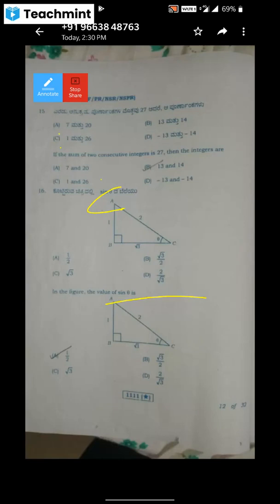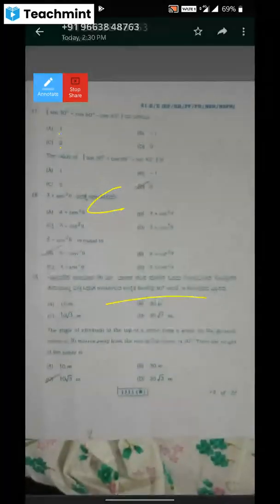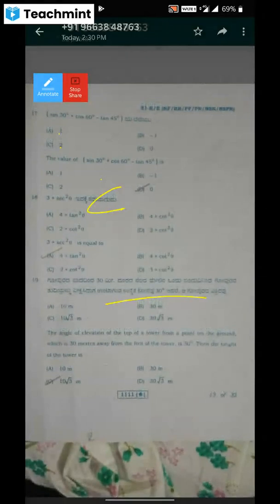So 16th one, in the figure the value of sin theta is. So it is directly opposite divided by hypotenuse, that is 1 divided by 2. So option A is the right answer for the 16th question. 17th one,